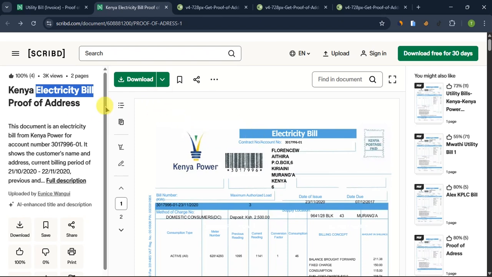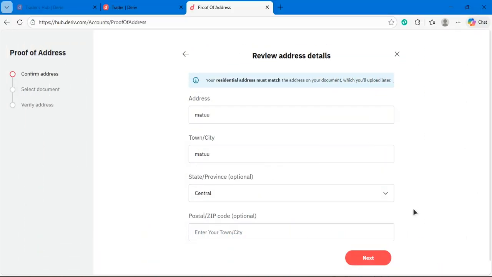and this example is an electric bill, and then they will reset it for you and you will need to